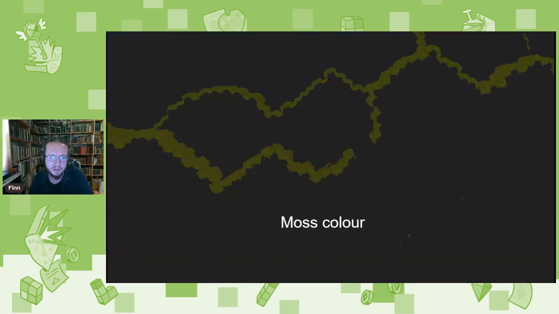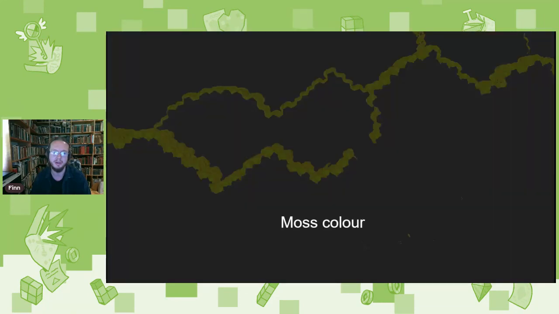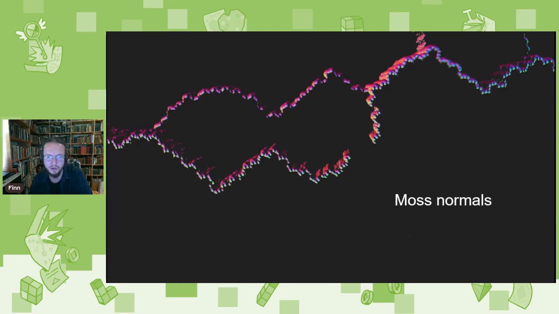Speaking of moss, here's our moss buffer. This is rendered with particles. You can see there's blobs of green on all the mossy surfaces. You can also see that these last two images, if I flip between them, represent the same camera view of the scene, and it's the scene that we're going to finally end up with. But that's not quite enough. We've also got moss normals,